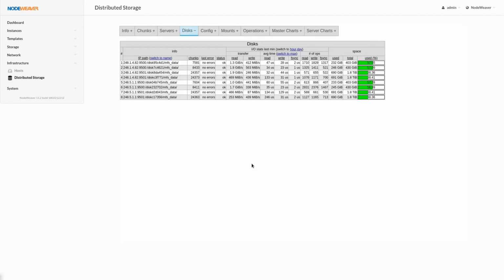NodeWeaver handles all the disks directly. This way it's possible for us to measure the low-level properties of the physical devices and, for example, identify disks that are starting to express problems in their low-level write or read properties, or slow down, or are defective. The system handles any kind of defect on its own, and it's able to dynamically reallocate reads and writes and replicate data to make sure that the speed properties are maintained and the reliability of the system on its own